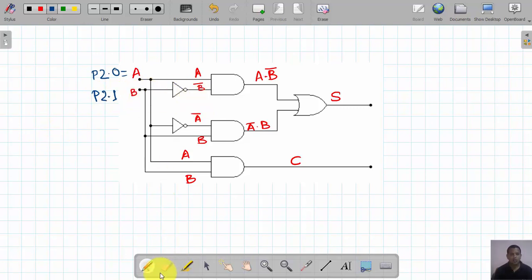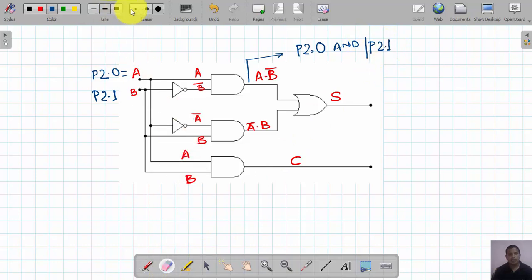So when I talk about this first expression result, what we are supposed to do is AND the content of P2.0 with the status of P2.1 bar.